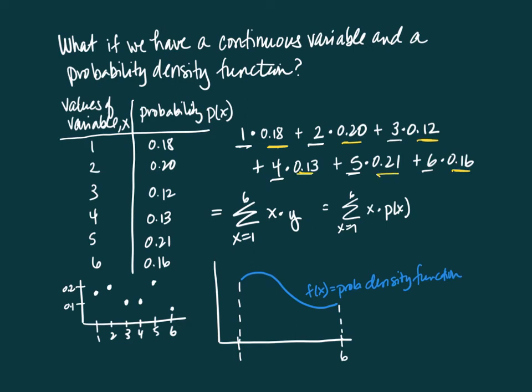So in shorthand notation, this is the sum, that capital sigma means the sum, of x times y. If I plotted these as dots, we are just taking the x value times its y value. Another name for that y value is the probability, p of x. Now when we have a continuous function, we don't have points like we do for a discrete function. We have an entire curve, and so there we have an infinite number of points that make up that probability density function.